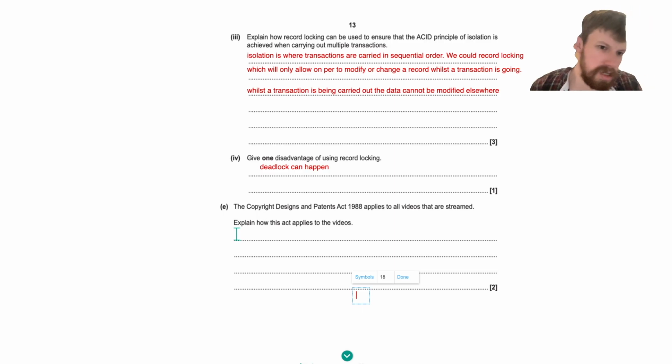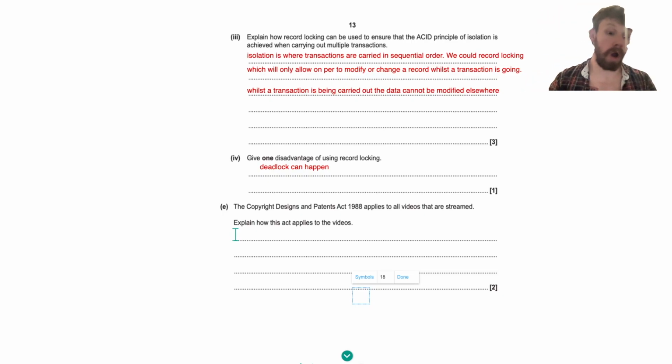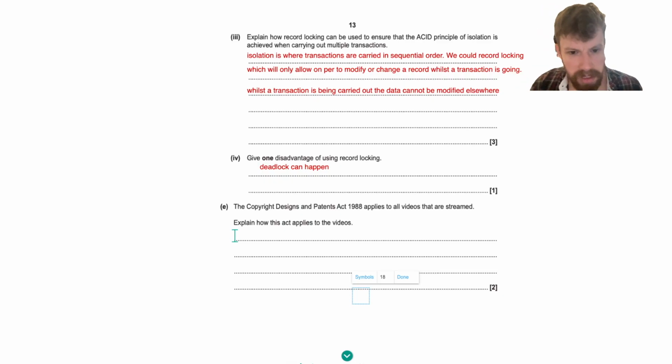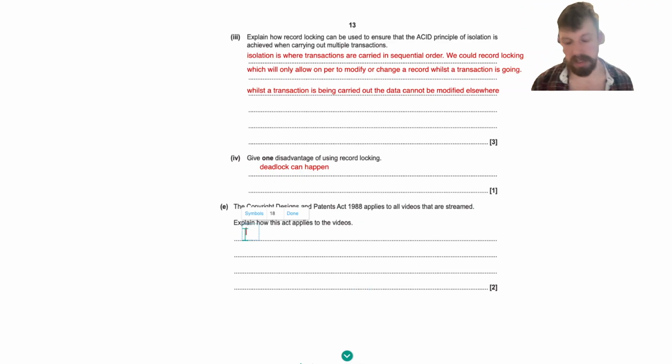So the Copyright Design and Patents Act is essentially protecting people's intellectual property. With intellectual property, it's all to do with the idea that you, as the owner, own the video that you made, or any device or software or any art that you may have created, and somebody just can't come in and steal it. So it just essentially means it's automatically